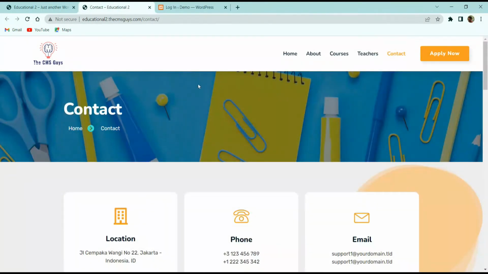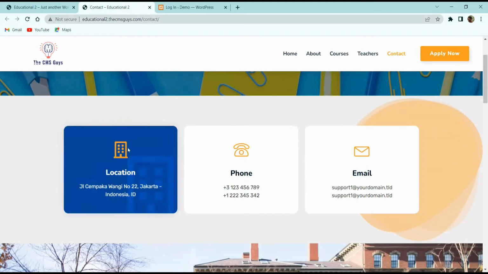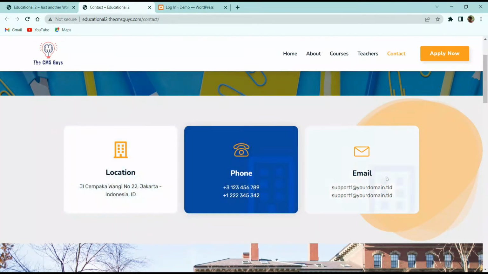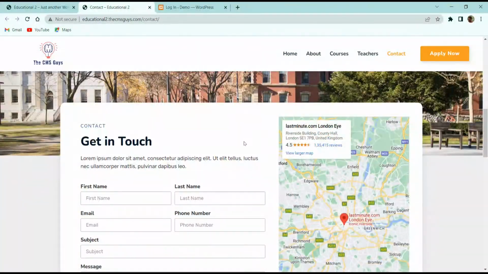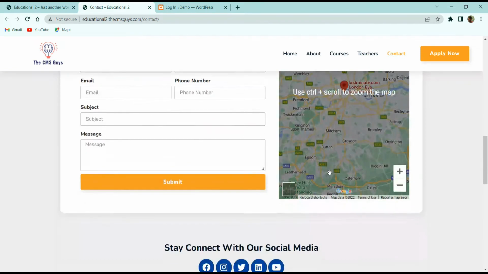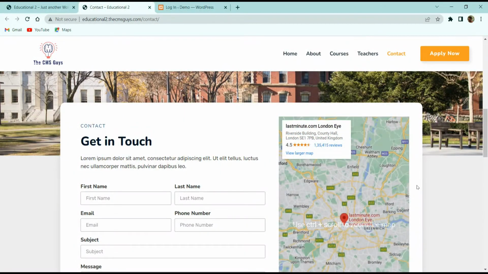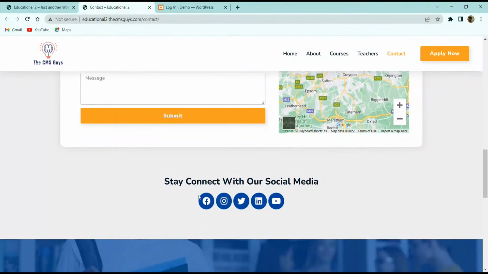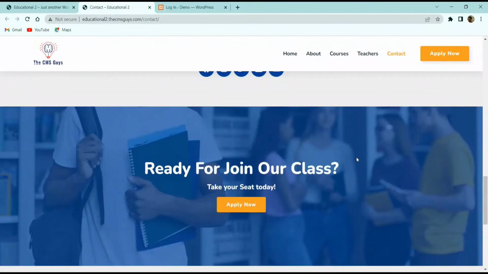Moving to the next, which is the contact page. Again we have the page title with breadcrumb. Then we have these 3 icon boxes where we have icons, then location, phone number, email. Then here you can see we have a contact form on the left side, and on the right side we have this beautiful map over here. At last we have some social media icons, then we have our footer, top